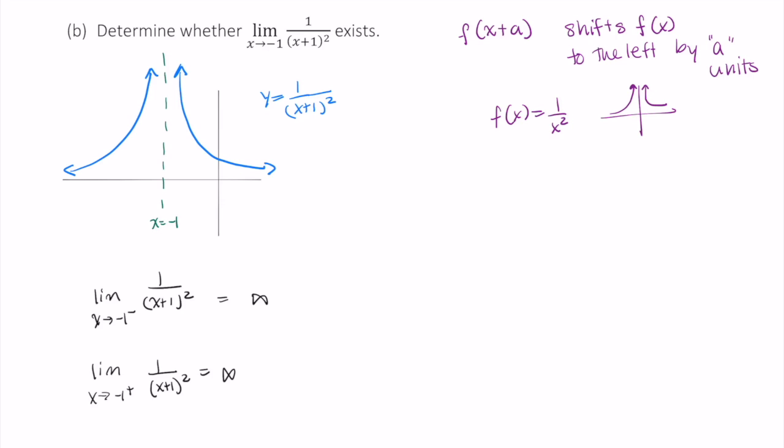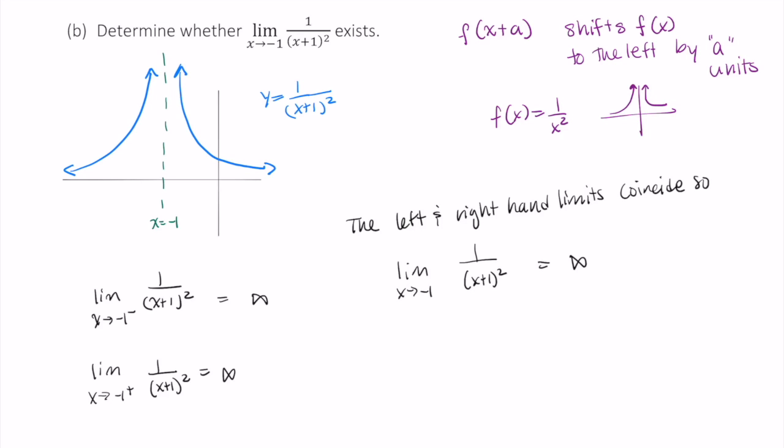So what can we conclude? The left and right-hand limits coincide. So we can write the limit you see here, and we say that f of x grows without bound as x approaches a. This doesn't actually mean that this limit exists. All we are doing here is describing the behavior of this function, and this tells me that this function behaves in a way that it blows up here at x equals negative 1,